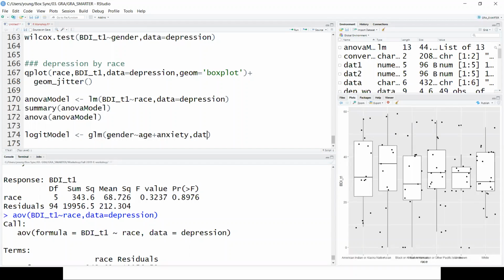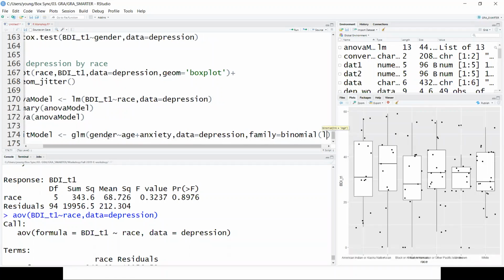And then data equals depression. Now, there are a lot of kinds of generalized linear models. One kind is OLS, right? That's the simplest kind. And actually, if you ran this by itself, it would just do OLS, so that wouldn't work very well. Another kind is Poisson regression, but we want a binomial model.